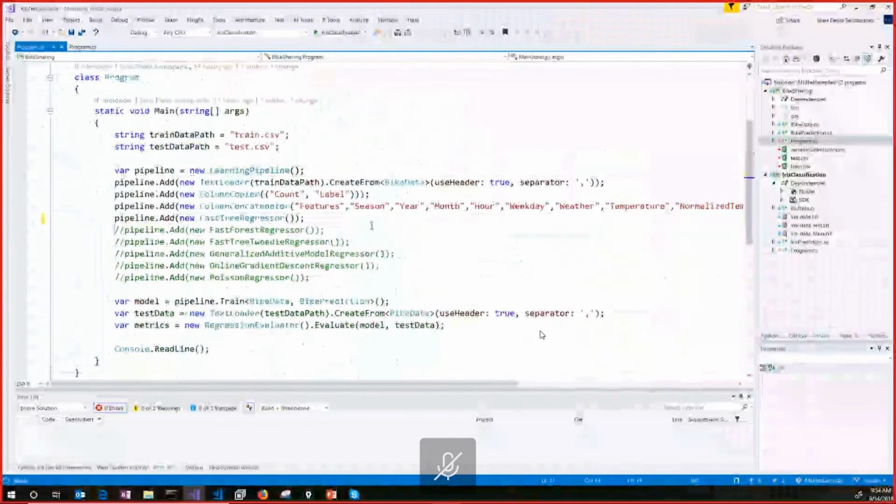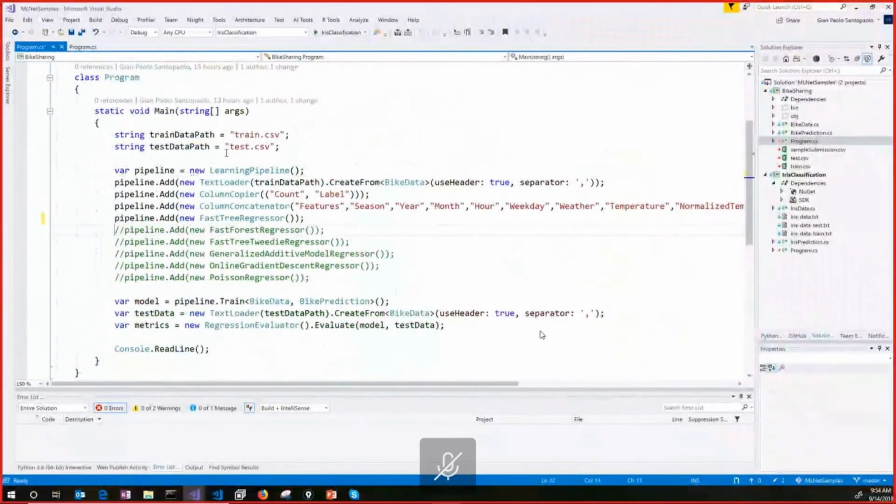For training and testing the data, we can read it, train our model, evaluate the result, and then use our model. This is really simple. Let's start it.